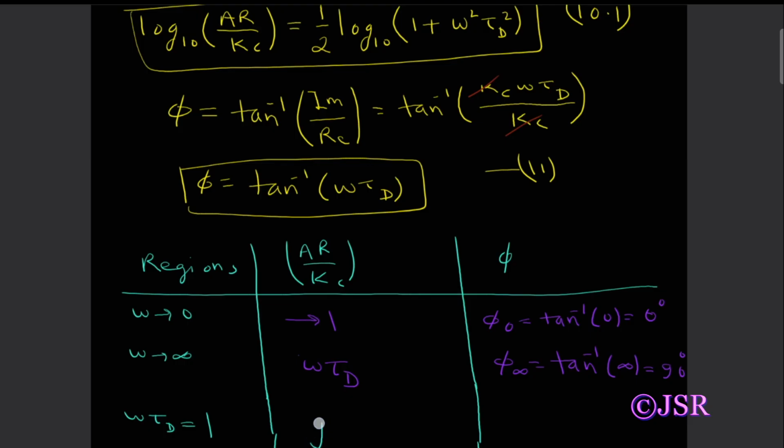So AR by KC will be equal to under root 2, that will be equal to 1.41, and phi